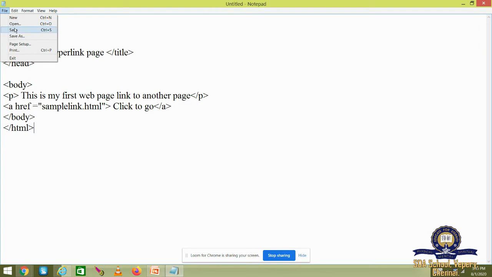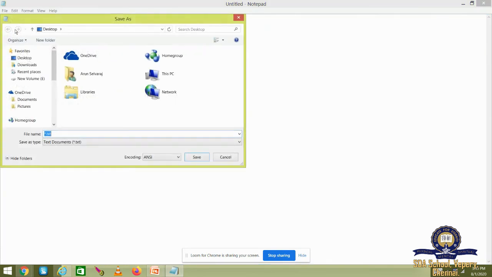So you have to save this document. Save. I'm saving in desktop. What do we have to do for saving? Yes, good. Link. Link dot HTML.